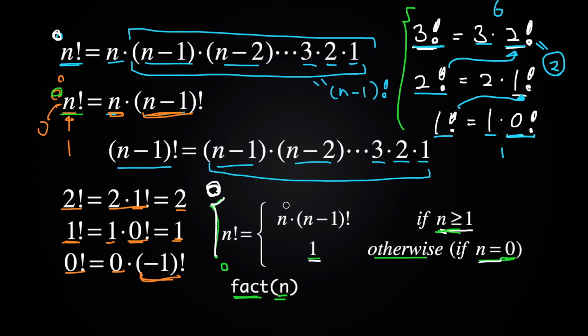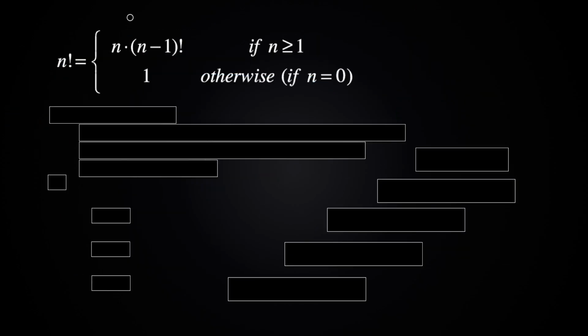And actually, all you need to do for that is translate this new definition of factorials into code. So let's just bring this definition up here. So like we saw earlier, n factorial is equal to n times n minus 1 factorial if n is greater than or equal to 1, and then it's 1 otherwise, or if n is equal to 0. And then we're going to translate this definition directly into code, and I'm going to use Java here just as an example. And like we saw earlier, we're trying to write a function called fact, which is going to take n, an integer, and it's going to return an integer, which is going to be n factorial.